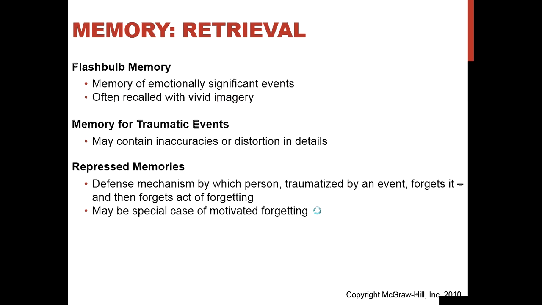Now, of course, it doesn't mean we can't figure out ways to cut it out, because sometimes these repressed memories can be shown in other ways. For example, someone who may have had abuse issues when they were a child, perhaps as they're getting older, they realize that they seem to be having difficulty in relationships, and they don't know why. So then they go to a therapist. The therapist says, well, let's talk about your childhood. You start talking about your childhood, and perhaps the memory of the trauma or the abuse will come out,